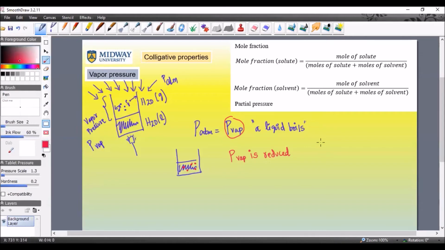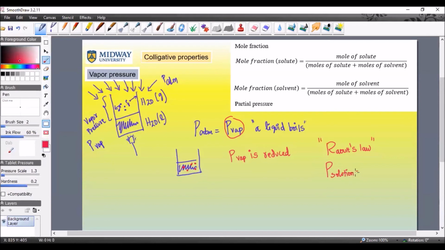Now, there is something I want you to know in the process, which is Raoult's law, which allows us to make sense of the concept of vapor pressure more mathematically. I know some of you like to see things mathematically more than others. Some of you might be more interested in the drawing I have here, some in the mathematics to understand the science behind it. And to do that, we're going to write an equation called